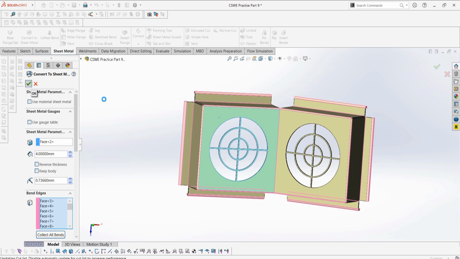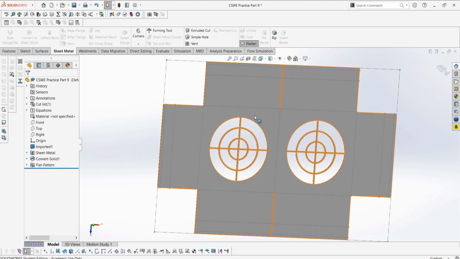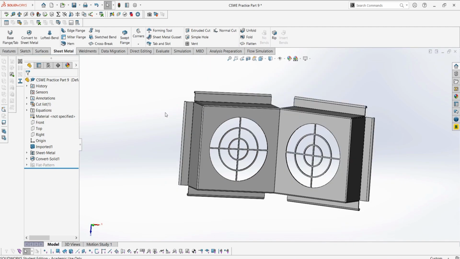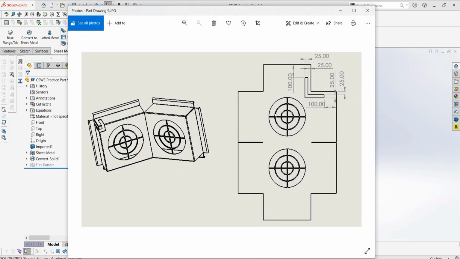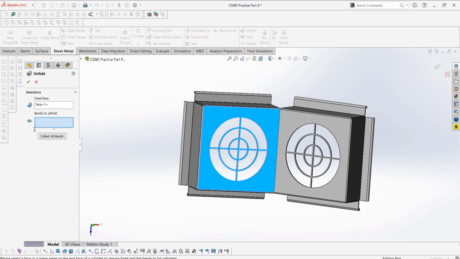Okay, convert it to sheet metal, and we can see that this worked because we can flatten it out and see the flattened version, I guess you could say. So basically now what we need to do is add in this cut right here to this side of the sheet metal, and we can do this of course by unfolding our sheet metal. We don't have to unfold everything just because we're going to do one corner. So to make it easier on our computer, we can just simply select the one side we need to unfold,